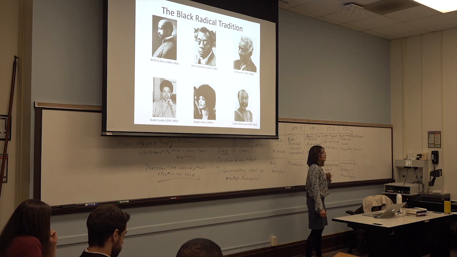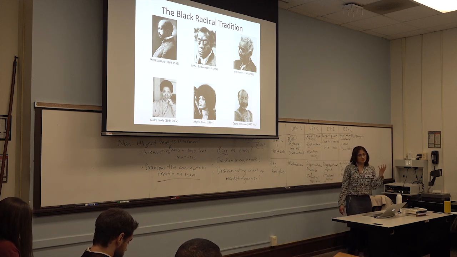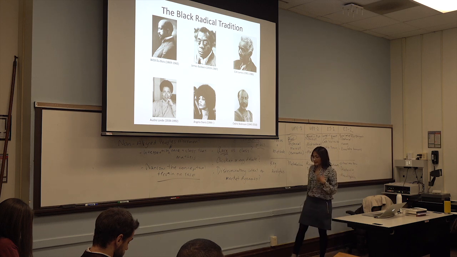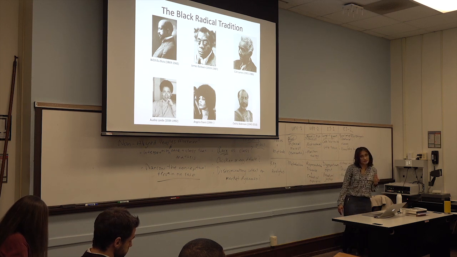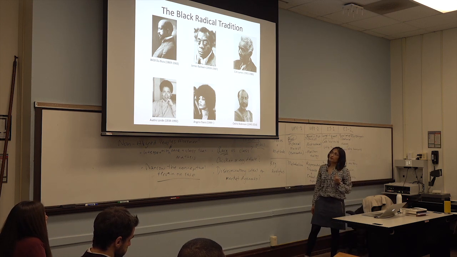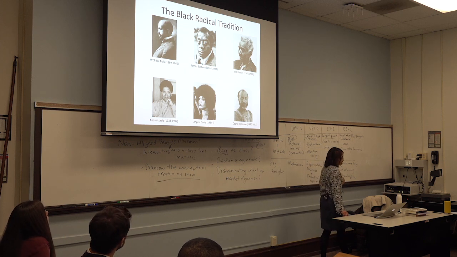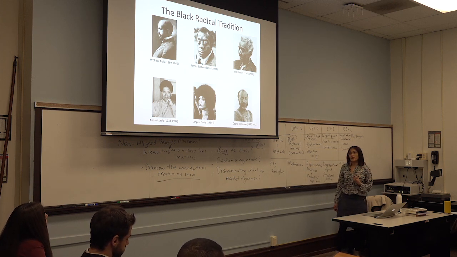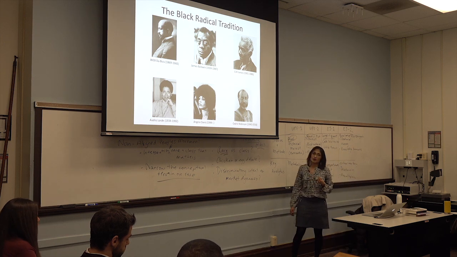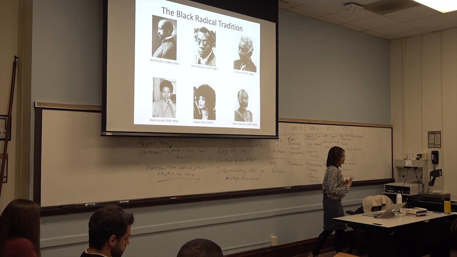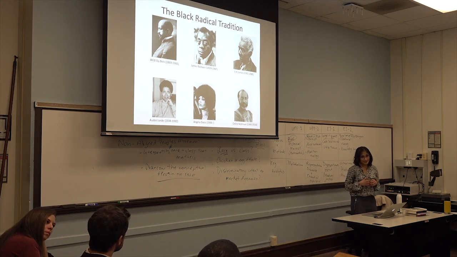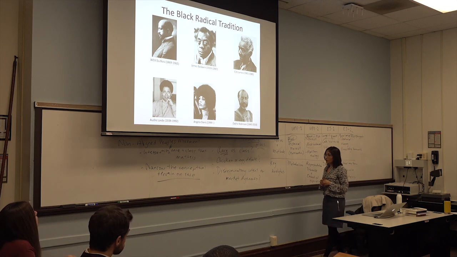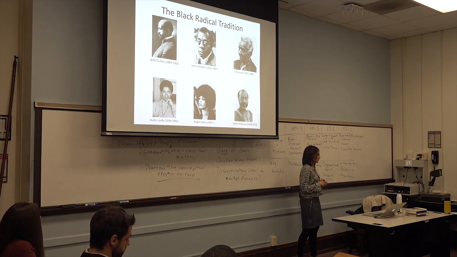And the kinds of thinkers that the late 1800s to early 1900s gave rise to. And so the Black radical tradition can be traced from as early as Frederick Douglass, right, W.E.B. Du Bois onwards, who were very much concerned about the ways in which the abolition of slavery had still not really resulted in the kind of emancipation that was required. Right? And on to mid-20th century essayist and poet James Baldwin,